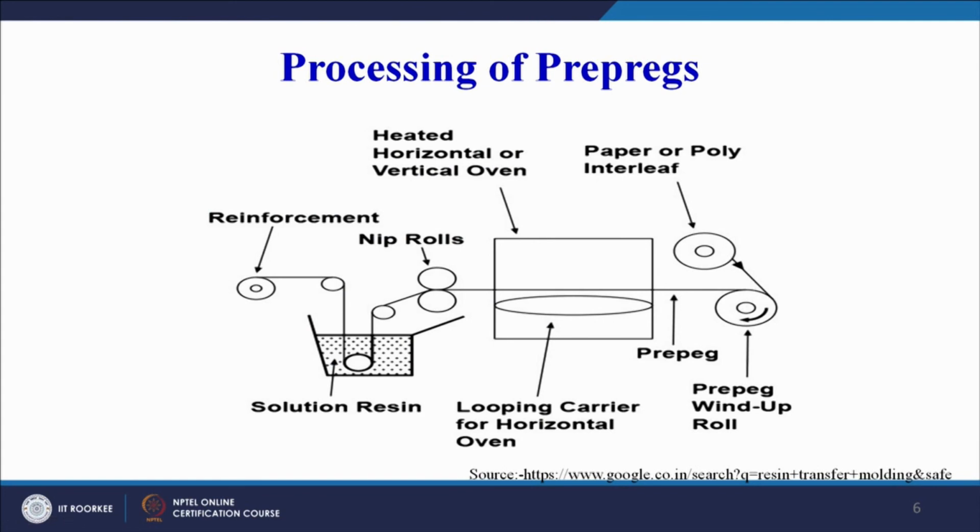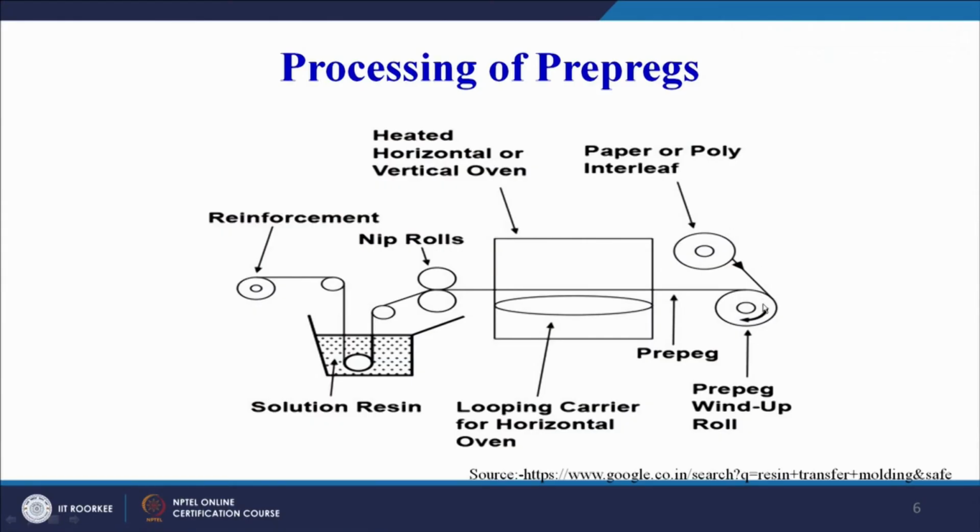which we have seen in our animation that there was a green and a blue color covering or thin sheets onto the prepregs which were acting as the protective layers on either side of the prepreg. These two sheets are being deposited here. This is a paper or poly interleaf, and then the prepreg wind up roll which will be taking up the prepared prepregs, and this has to be stored very carefully so that the auto curing of the process